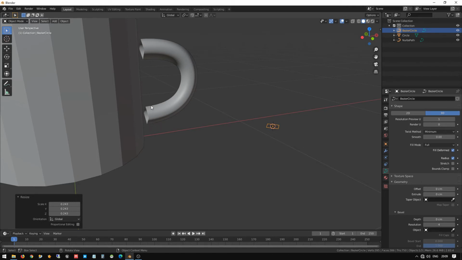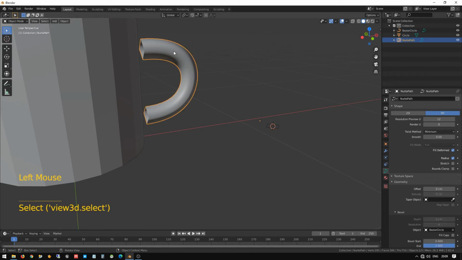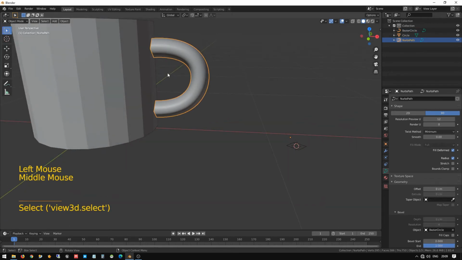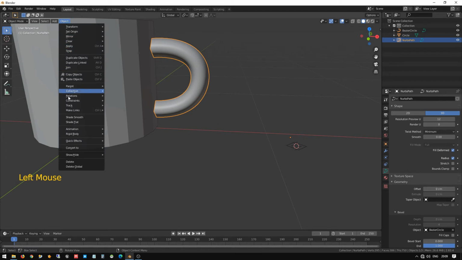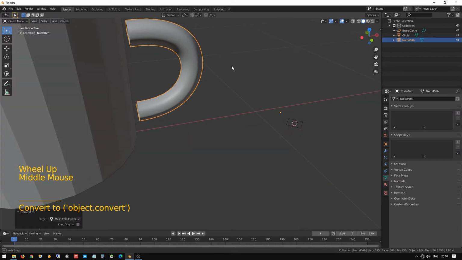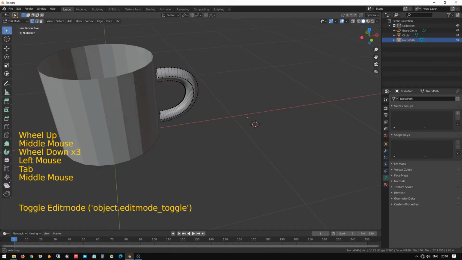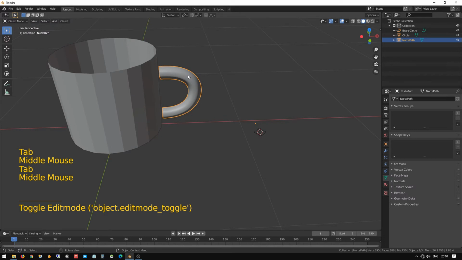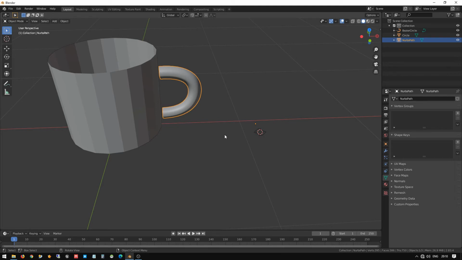Now you can see here it's looking like rectangles, diamond shape. So now this is done. After that you have to convert this path to mesh. So please select the path, go to object and convert to mesh from curve. So now this path is converted as mesh now. So now we can connect to the other object and you can edit this mesh how we want.